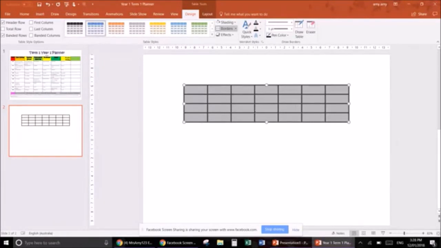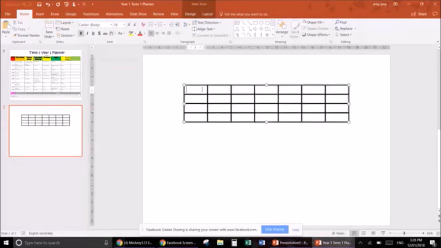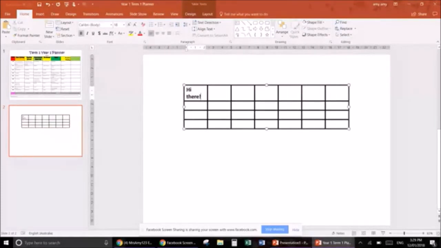Okay, so now we've got this table. However, the formatting is still on it. So we've got rid of the color, but the bold is still there and it's still going to be white text for the heading. So I have to go up here and I have to do black text. And if I don't want bold, I need to come back over to home and back down here and turn bold off. I like to leave bold on for headers,